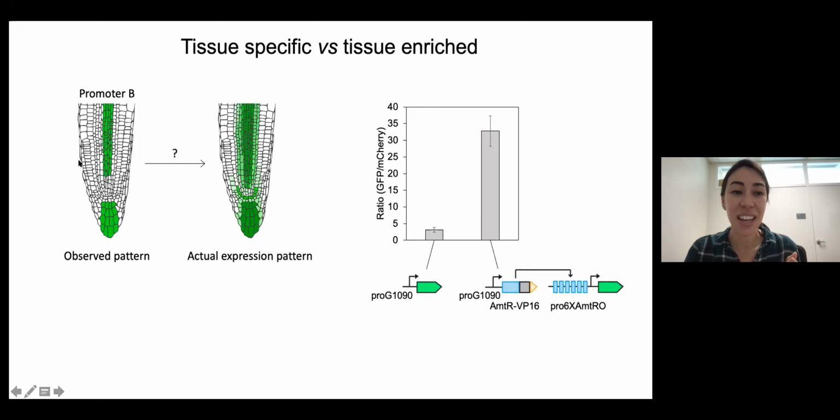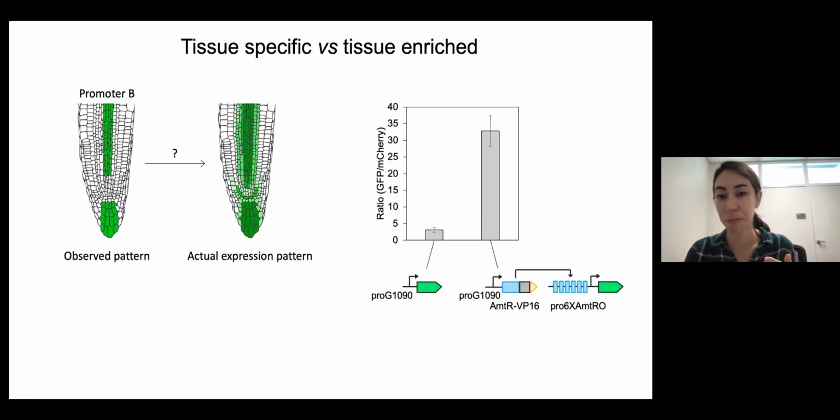So here in these columella cells and the central vascular cells, expression of the pin-4 promoter is very strong. And so using this fluorescent protein, you can actually see those tissue types lighting up. But if you were to dig in a little deeper, you might find that there's a small amount of expression in other cell types. It's just below the limit of detection. And our synthetic system is actually, or at least we thought, amplifying expression